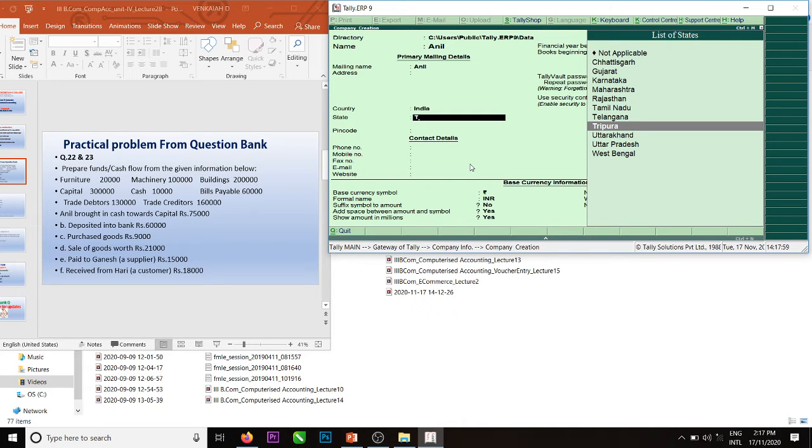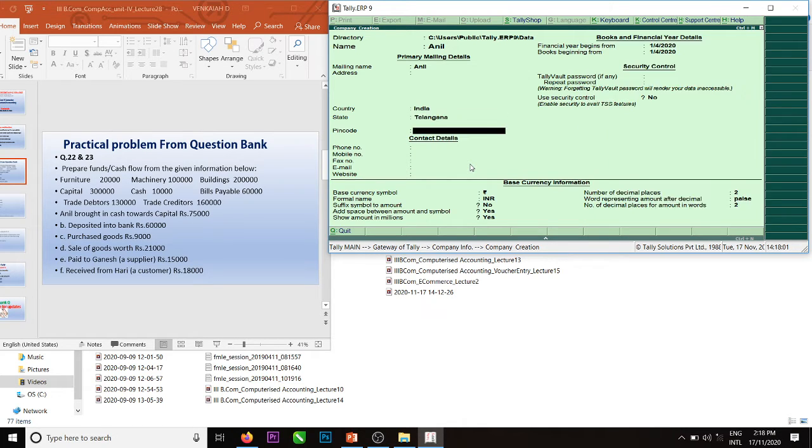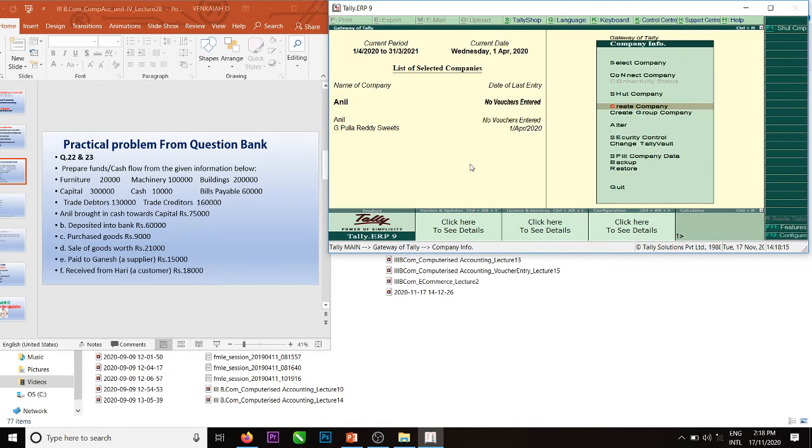This process we know very well, because in many videos we have been creating companies, everything we know very well. Okay, create. Company is created.